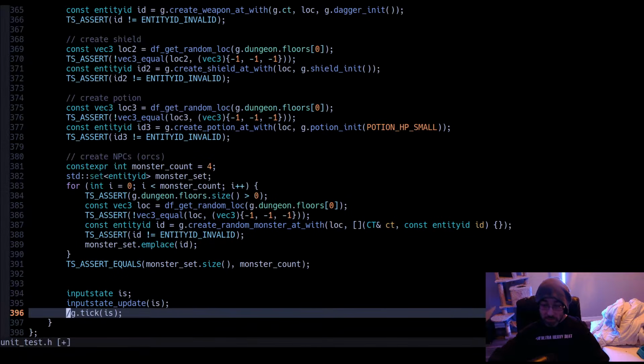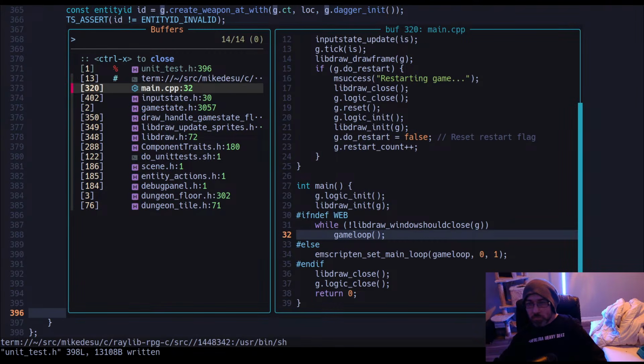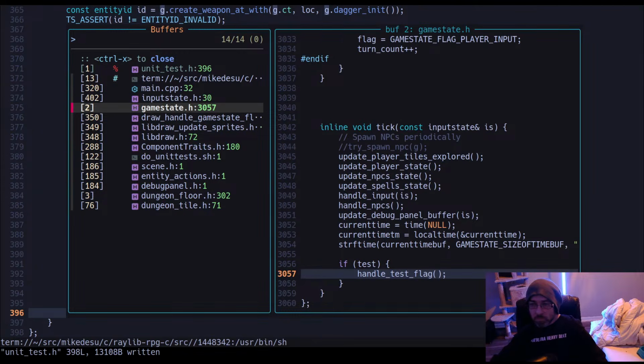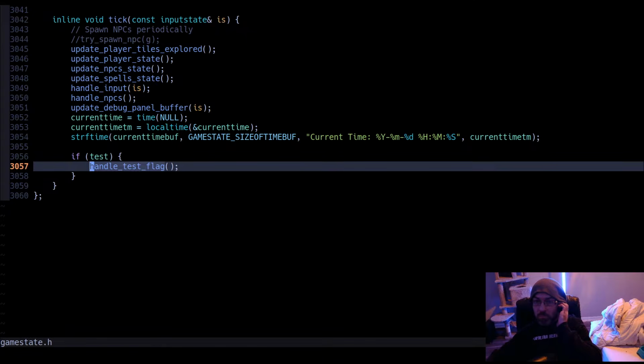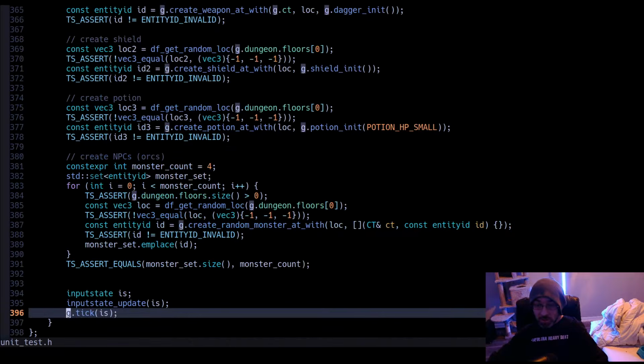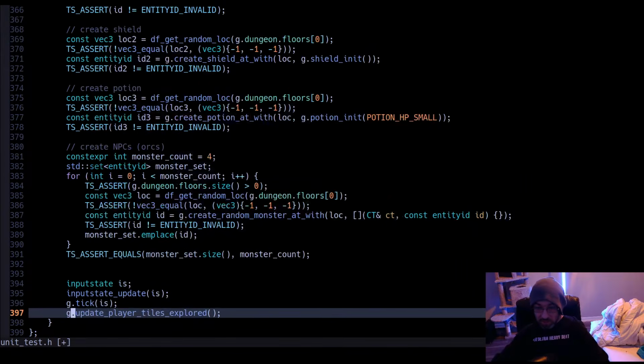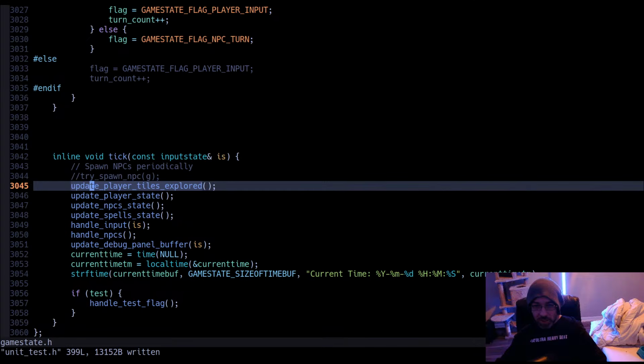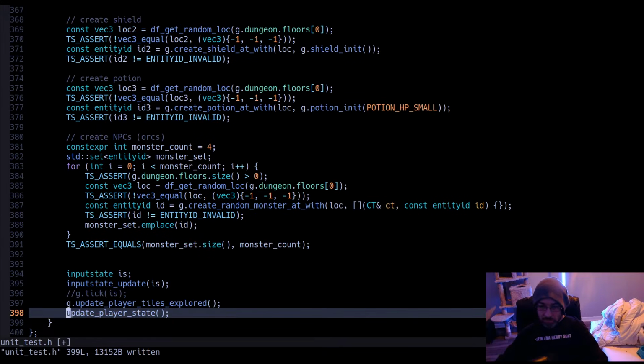That works. Something in here is breaking, so let's tease it out. Let's break tick up into its individual components.